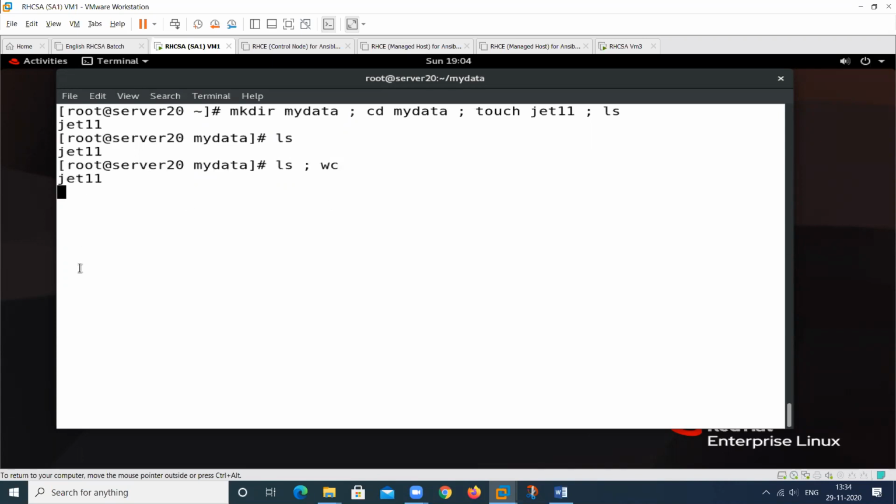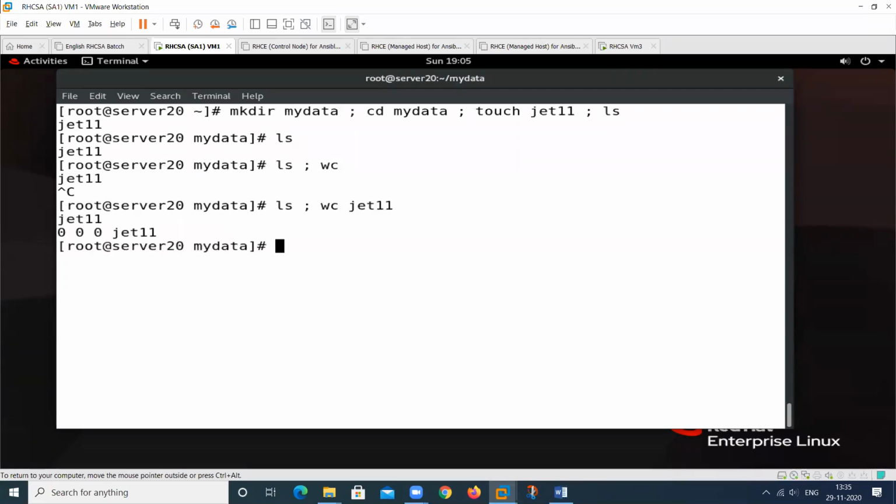When we use jet11, then this will show me the output because we didn't type the argument. This is my command, this is also a command, this is my argument. We want to count the words, so it's called word counting.